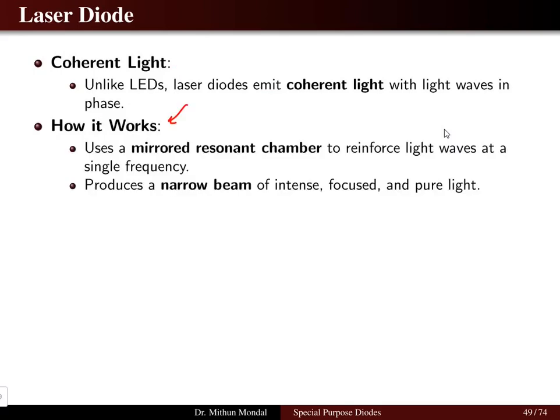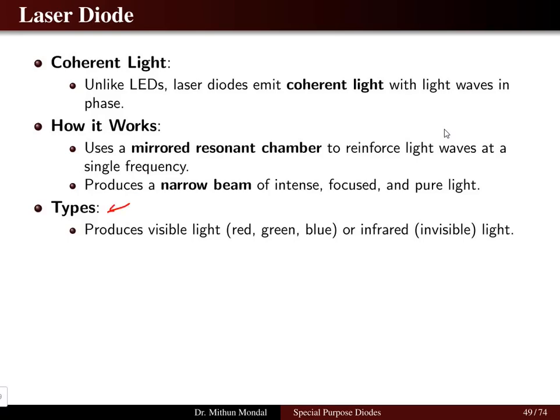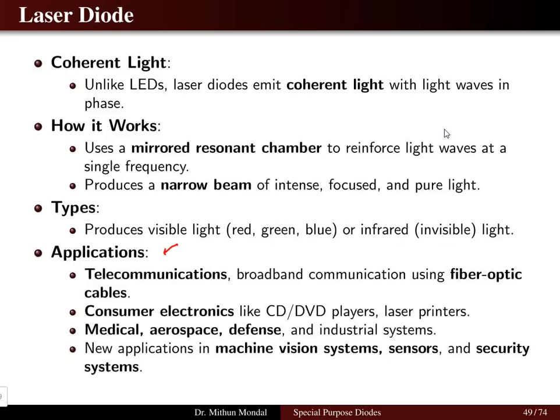How does it work? It uses a mirrored resonant chamber to reinforce the light waves at a single frequency and produce a narrow beam of intense, focused and pure light. As for the types, it can produce visible light as red, green, blue, or invisible infrared light. Laser diodes are applied in telecommunications, broadband communication using fiber optic cables, consumer electronics like CD and DVD players, laser printers, medical, aerospace, defense, industrial systems, and many other applications in machine vision systems, sensors, and